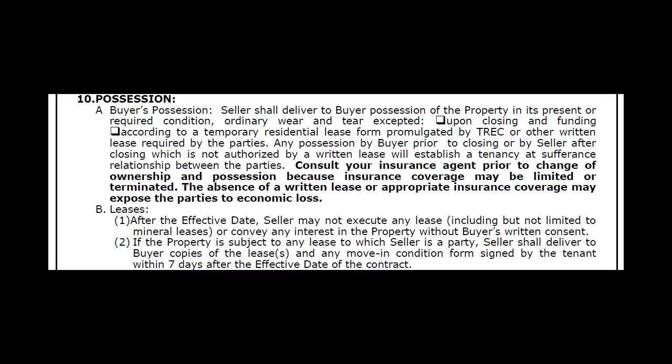Okay. After the contract is executed, the seller can't execute any additional lease. So this means that the seller can't lease out the mineral rights and collect a big signing bonus without telling anybody. They can't lease it out to a tenant. And if the property has a lease already on it, then the seller's got to tell the buyer about it, and the seller's got to give copies of the leases. And if there's an actual tenant that's involved, then they have to deliver the property condition and inventory checklist to